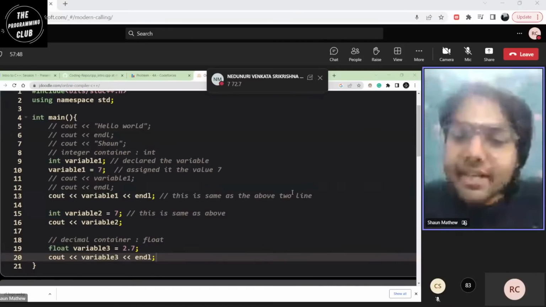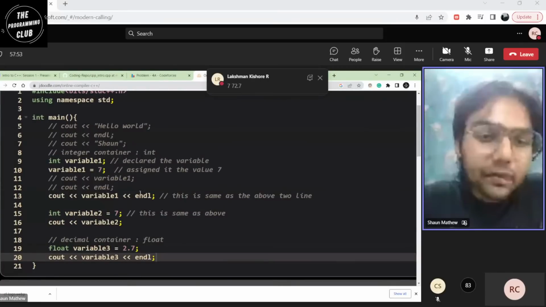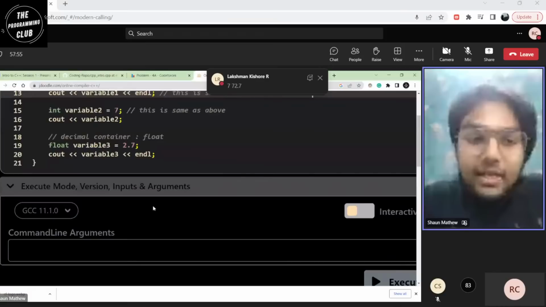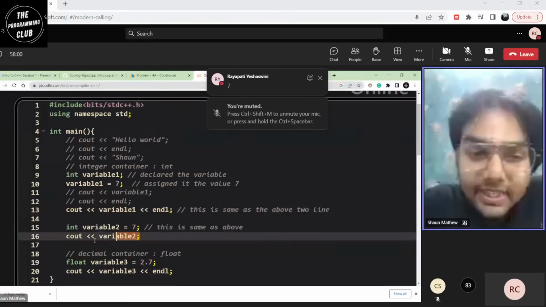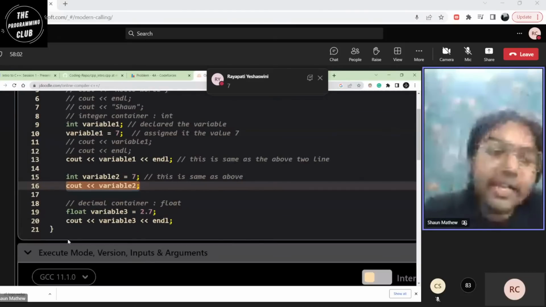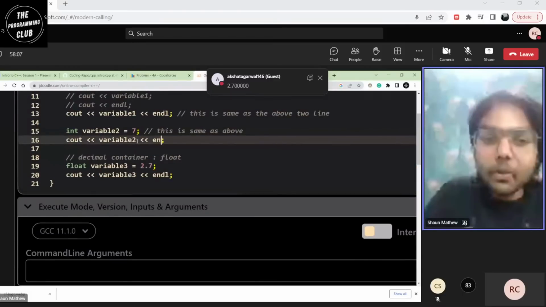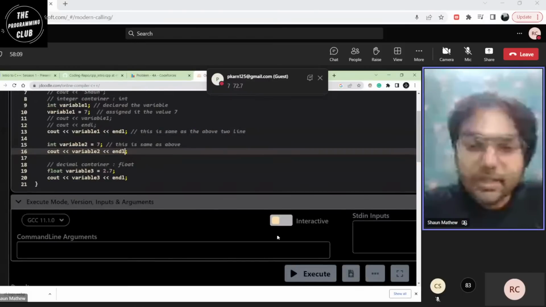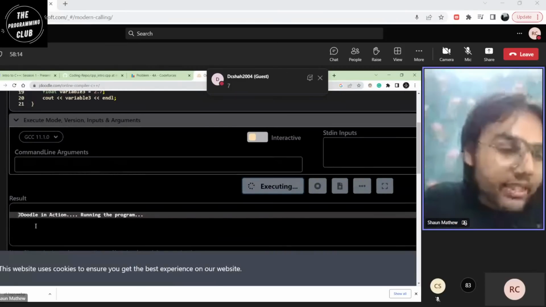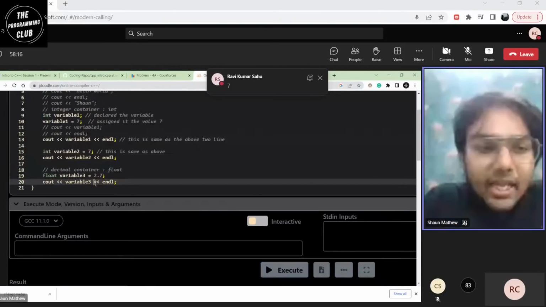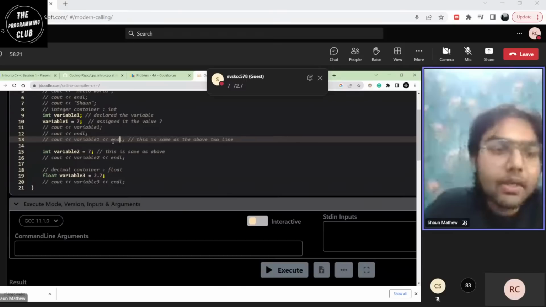So it is 7, and then there'll be a break, then there'll be a 7, and then there will be a 2.7. So first I'll get a 7 on the first line, then it will print out this 7, and then without leaving a line, it will print the value 2.7. So again, we'll be good and follow the standard ways. We'll put an endl here, and get the correct values we intended, which is 7, 7, 2.7. I'll just comment out everything so that it doesn't interfere with the program from now.